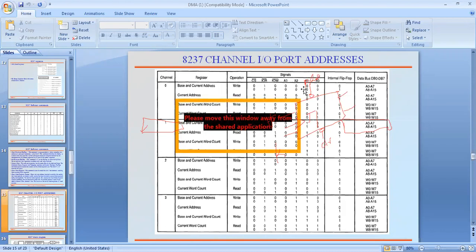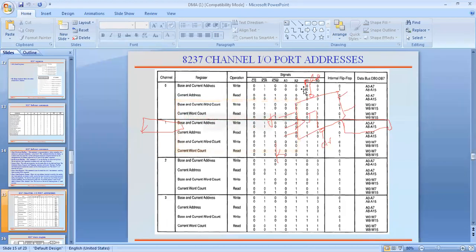Similarly, to find the port address, we use the lower byte of the address, A0, A1, A2, A3. Similarly, to transfer the data corresponding to that address, we use one 8-bit data bus.